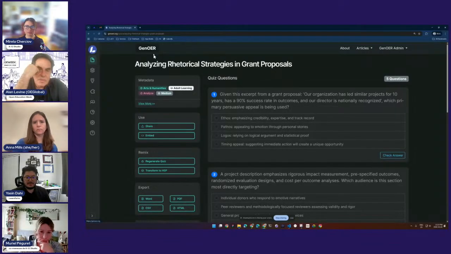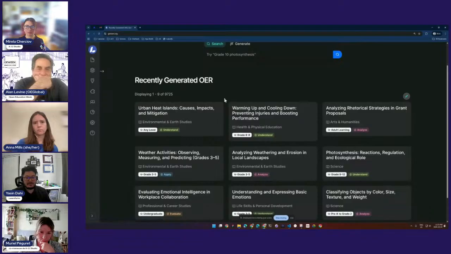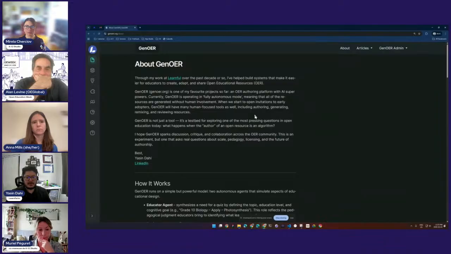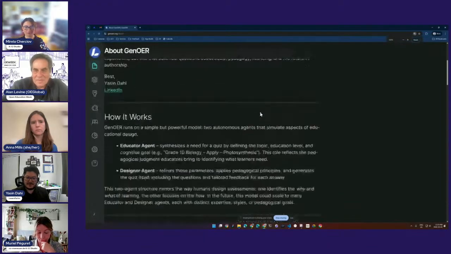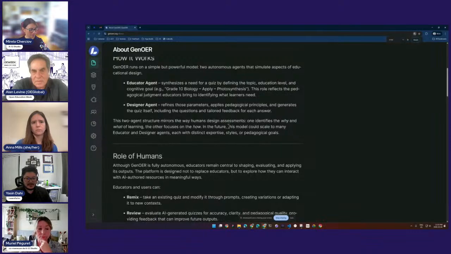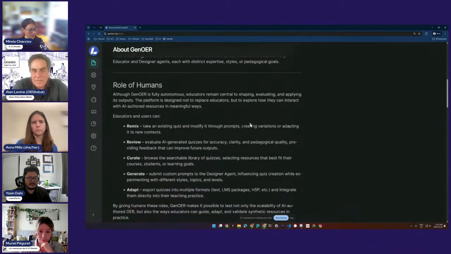Here we can see a library of all these resources that have been generated over time. We're generating a quiz every, I think, about 15 minutes. Obviously, that could be increased. We could generate a quiz every second if we wanted to. But for the tests and for keeping costs a little bit lower, we're just keeping it at 10 quizzes per 15 or 10 minutes.